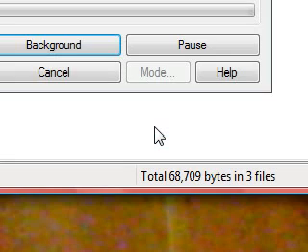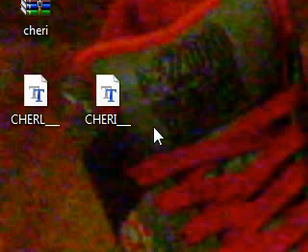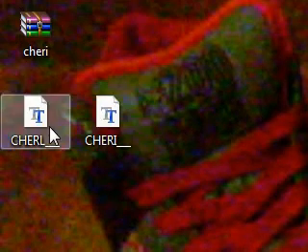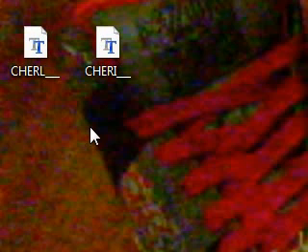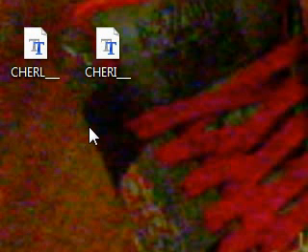So click OK, and these are the files we've downloaded. We have two files, Cherry and Cherryliney.